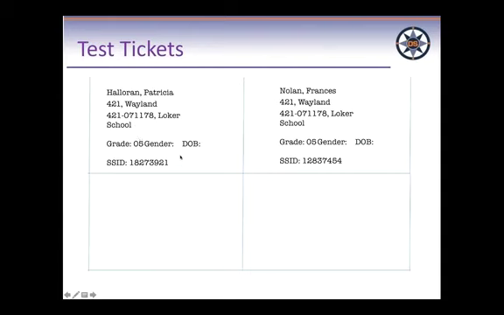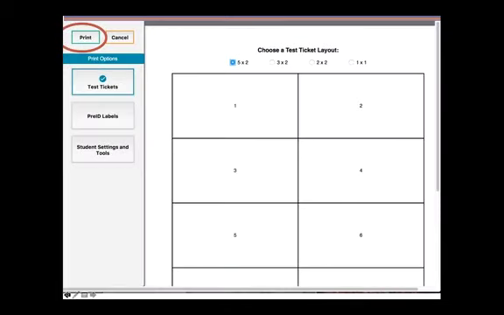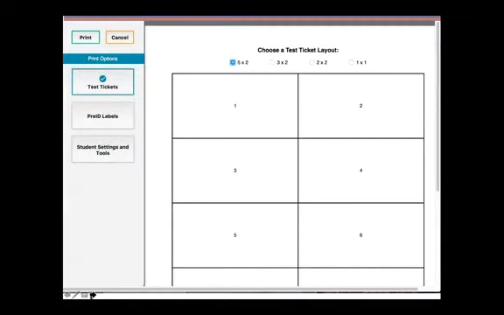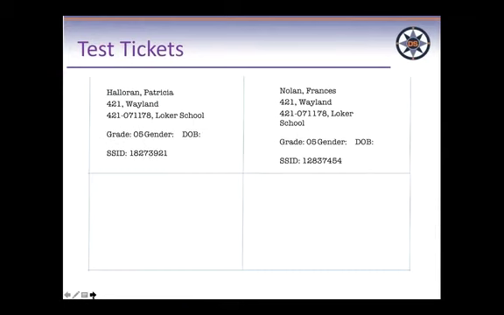So if you're going to go in and try it using a student, you as the teacher are going to practice, you need to go in and find out what their SSID is. You don't need to print the test ticket because you can just go into TIDE and look at it right here. But you do need to get the SSID number. So I'm going to go forward, I'm going to print it. This is what they look like. And I pass them out.